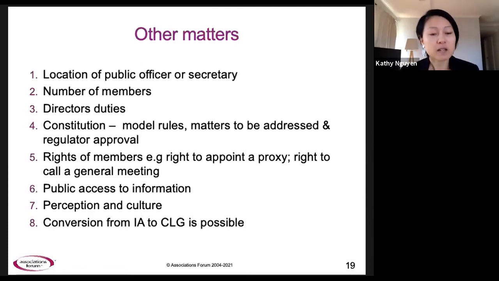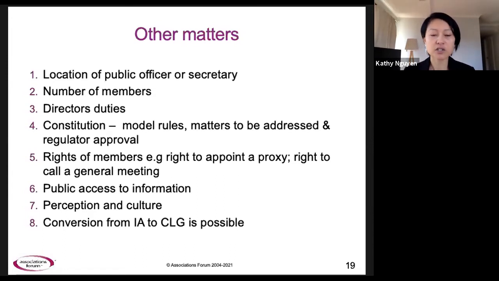Constitution. So the state acts provide what's called model rules or a model constitution. There's also replaceable rules in the Corporations Act, but they're not really appropriate for associations. So they can be helpful in terms of the development of the constitution. But also what needs to be considered is that with the state acts, they're actually quite prescriptive about what needs